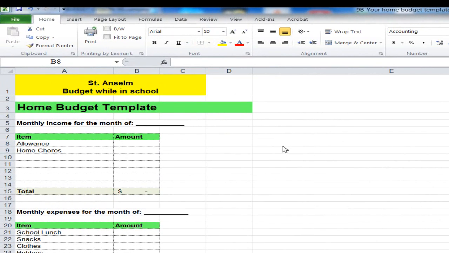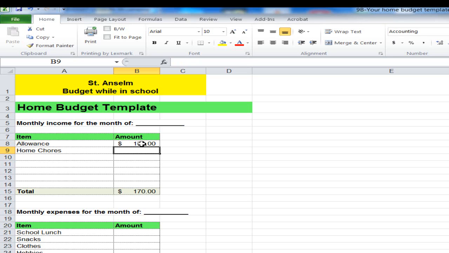If you look carefully, you'll notice that here is a copy of the spreadsheet that you are going to be working with. Now, more often than not, you'll just simply type in the month that you're dealing with in real life. Now, what we've provided for you in this cell, B8, we would like for you to type in here your allowance,